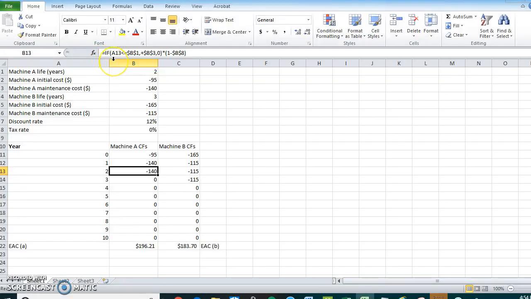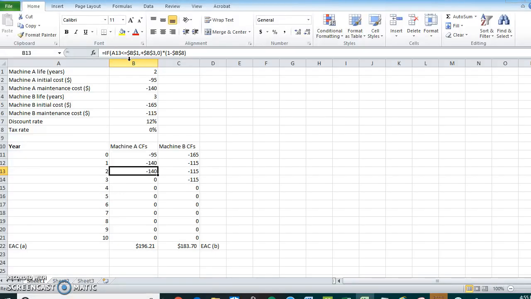So we did. So make sure that you look at this. Again, your cell references are going to be different, but I want your commas and your dollar signs to be in exactly the same places. So again, it's equal sign, IF, open parentheses, the year, A13, less than or equal to dollar sign